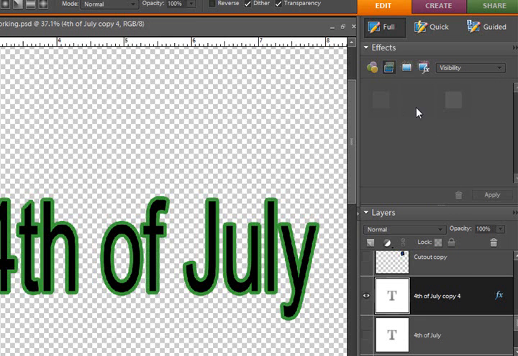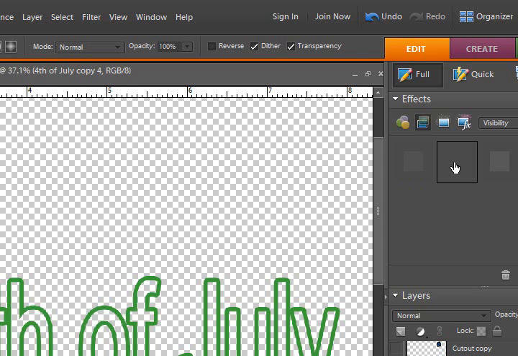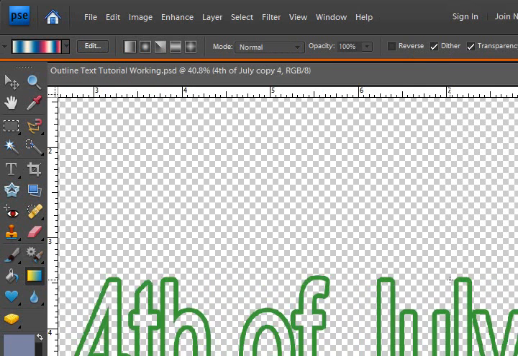And there are 3 visibility choices. Hide is in the middle, ghosted, and show. So we're going to hide the visibility of the original text. And as soon as you do that, you see now that we are left with just an outline. So it's as simple as that,